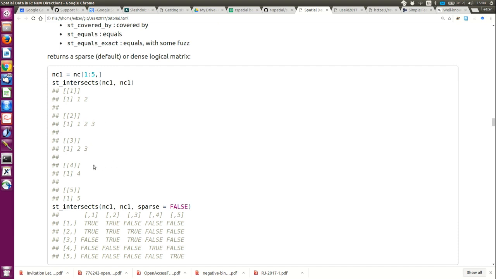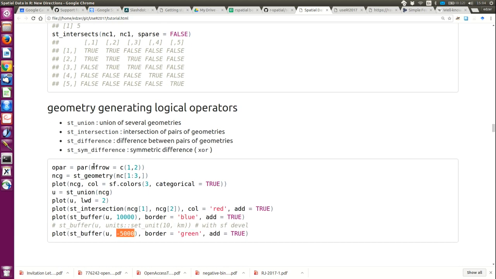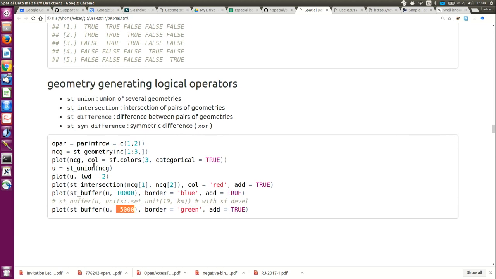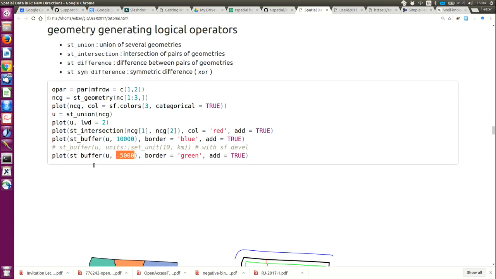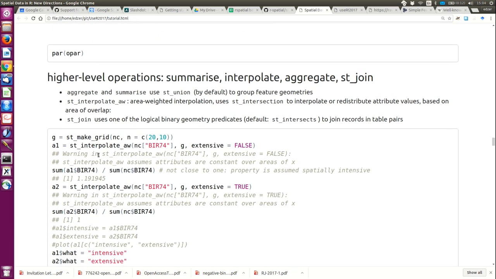But the actual work that many people do is much more on a higher level, like grouping things, cutting out things, putting things together, summarizing things. So these functions are basically reused in a couple of higher level functions that I will now demonstrate. Here is one, called the aggregate method, which is a base R method that